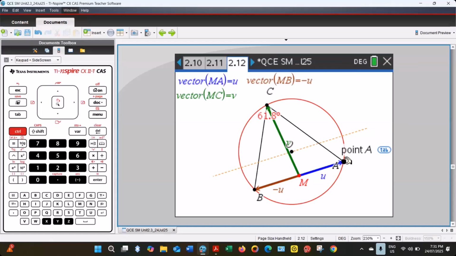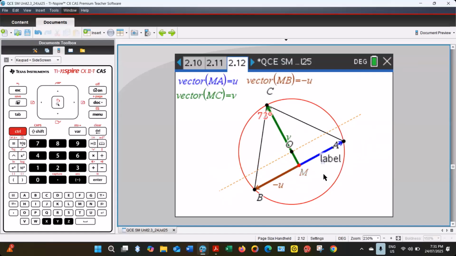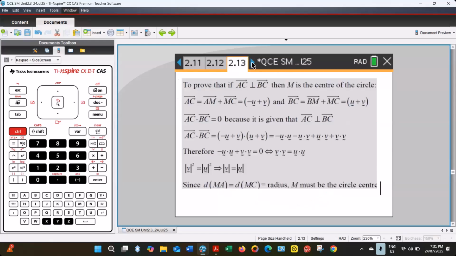using vectors. So it's the same sort of argument as before. I've got a vector u and a vector v, and the vectors AC and BC I want to express in terms of u and v. When I find the dot product of those two vectors, I get the result that the magnitude of v squared is equal to the magnitude of u squared. Why do I get that? Because